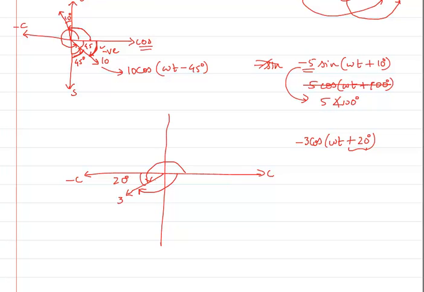How much in the negative direction? If this is 20, then this angle will be 90 minus 20, 70 degree. And this one will be how much angle? 90 degree. So 90 plus 70 is 160. So this whole angle from here all the way up to here is 90 plus 70, which is 160 degrees. It's in negative direction. So this I can directly write as 3 angle minus 160 degree.